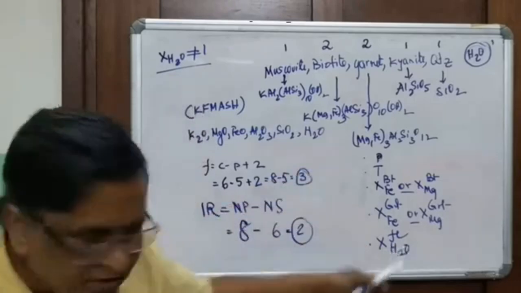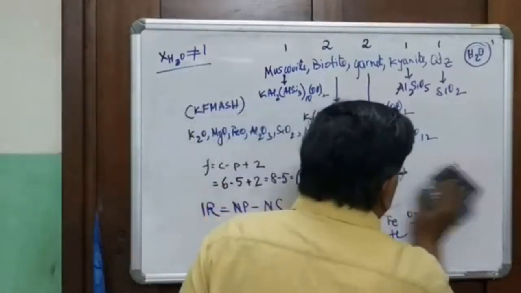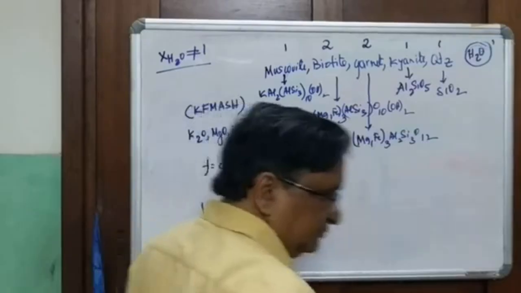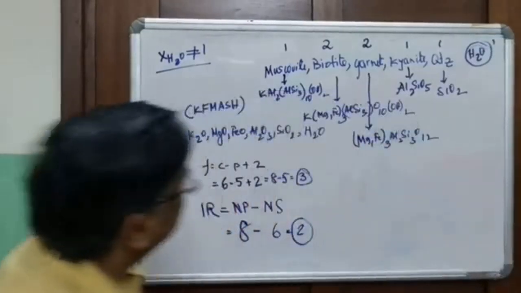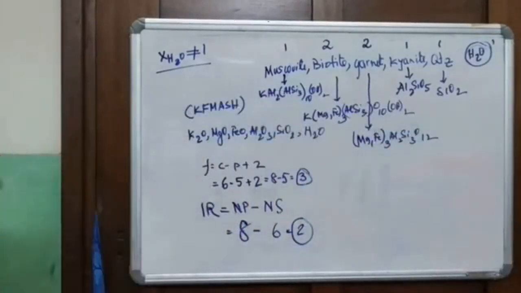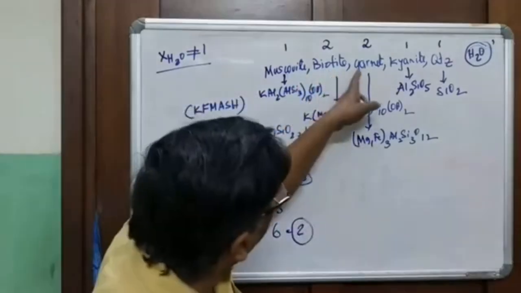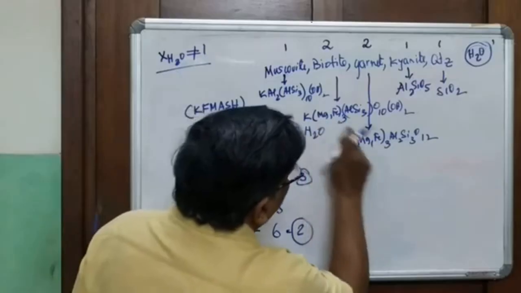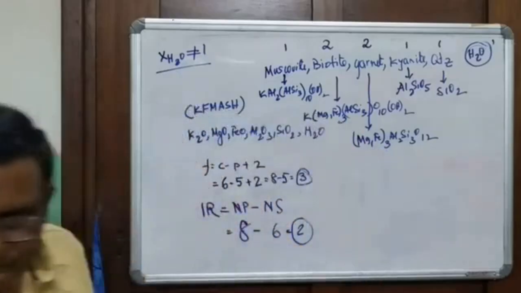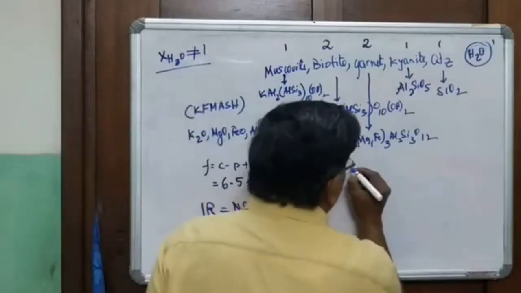I hope you will remember this. So, I will write the equation here. What are the reactions? Can anyone tell? Okay. Say, for example, I can give you a classic example here. Biotite and garnet both have MgFe. So I can write